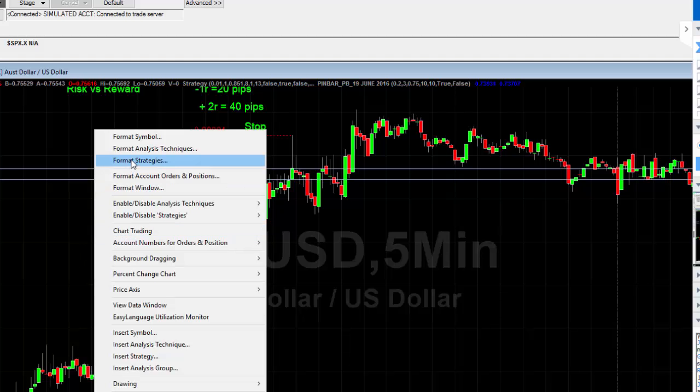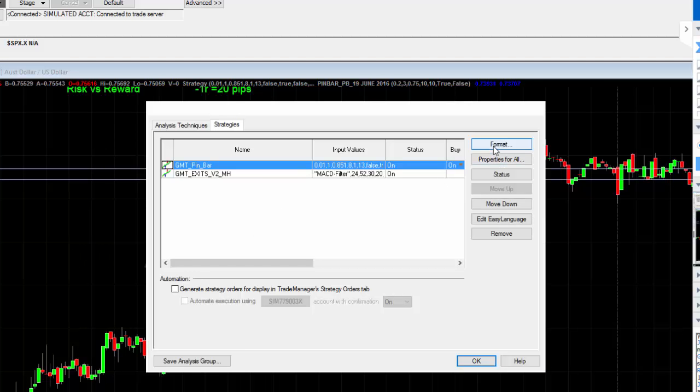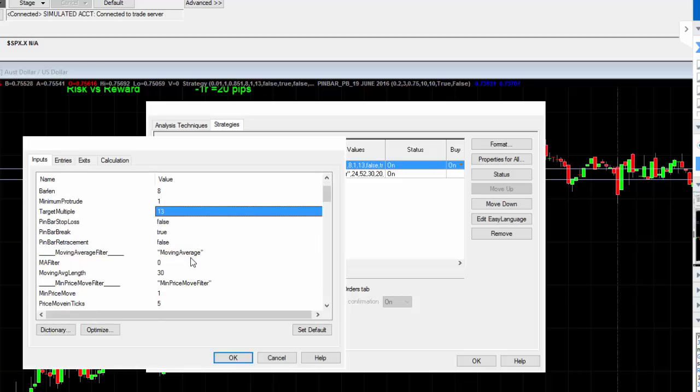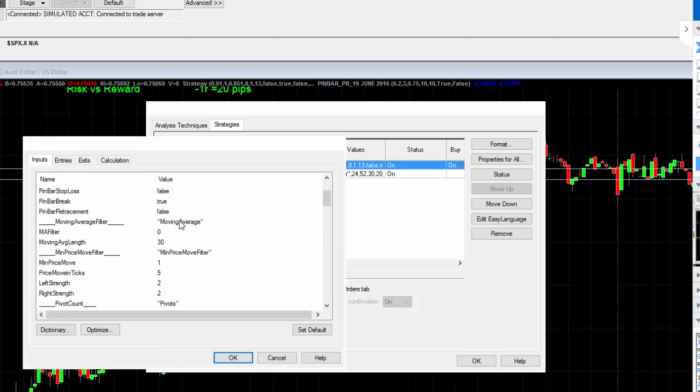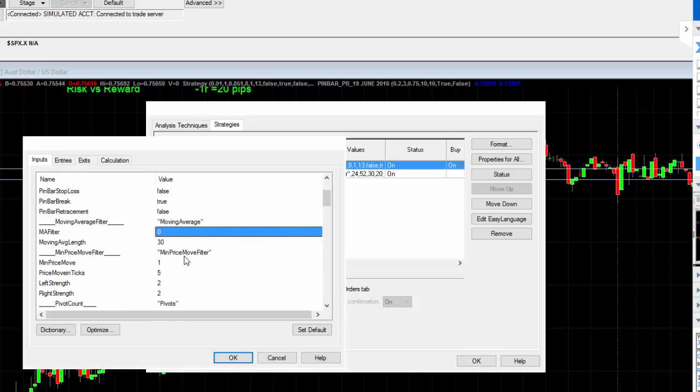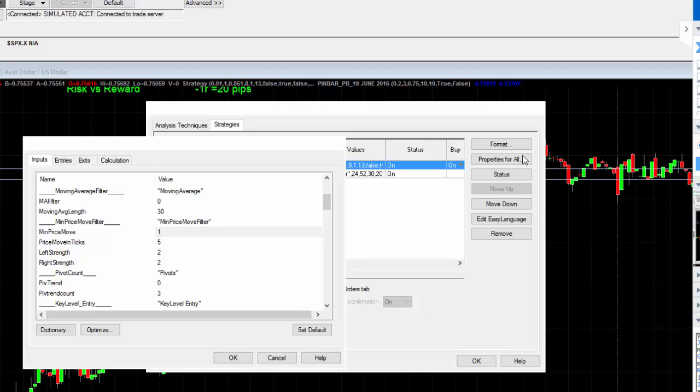So let's go back into our strategy. Now remember that these are values that you're going to be optimizing and just working out what's going to work best for you as a trader. Again, the other things, now as we move away from this top section, we've spoken about the stop loss, the pin bar break or retracement, the two types of entries. This is the moving average filter, probably not a significant thing with our pin bar reversal, but the one thing that is very significant, and I think John and Fergal will agree to this one as well, is this